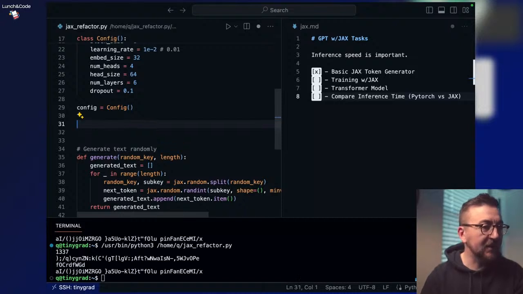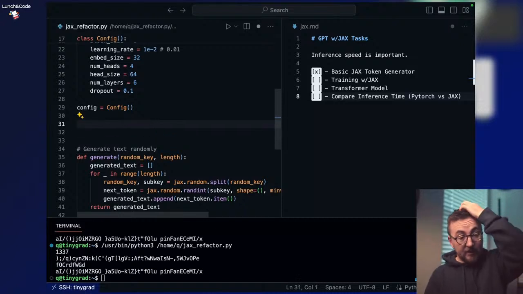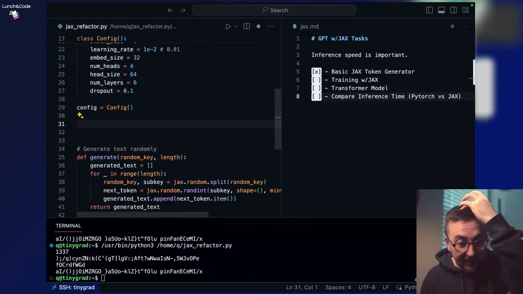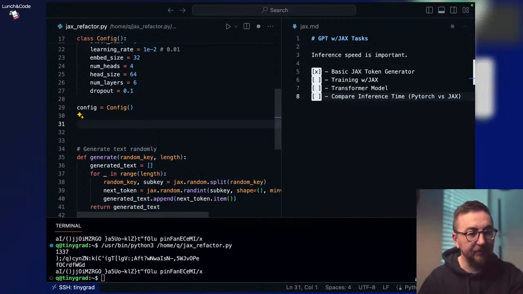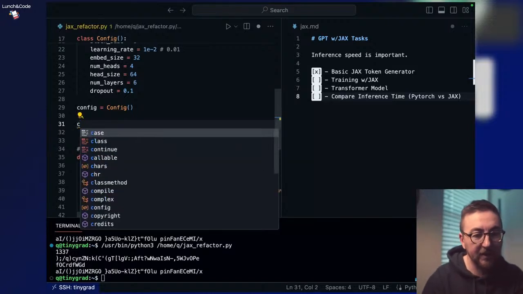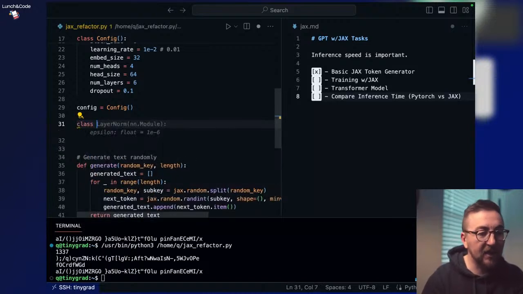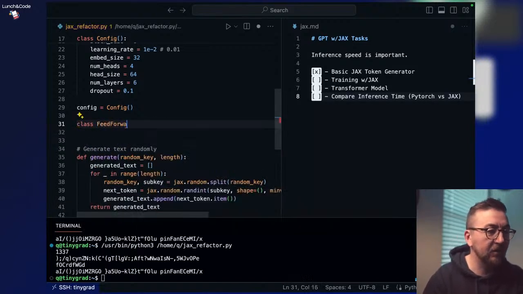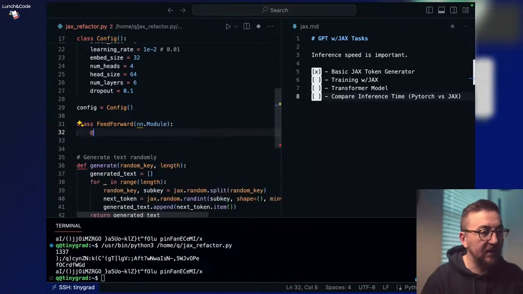So we're going to basically build on this and add all the things that we added last time. But we're just going to write the code in a different way. So we're going to say class, I'm going to say feed forward mechanism, and then we're going to use nn.Module, and then we're going to say @nn.compact,